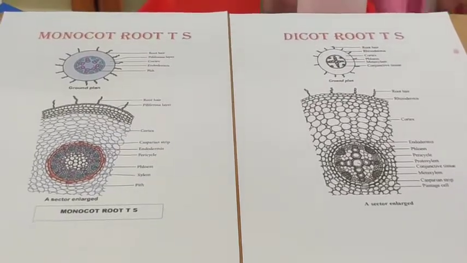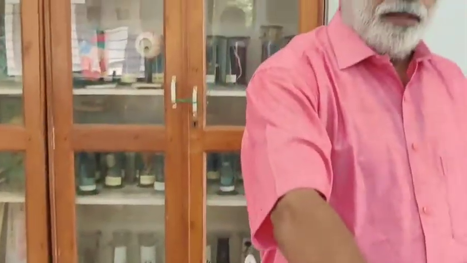So in examination, you will be given the material. It may be dicot root, monocot root, dicot stem or monocot stem. You have to take a TS, transverse section, mount under the microscope and observe. Then you find out whether it is stem or root. Stem will be endarch, root will be exarch. Then in root, you have to find out whether it is dicot root or monocot root. Monocot root will be polyarch and dicot root will be tetrarch. That way you can identify it.